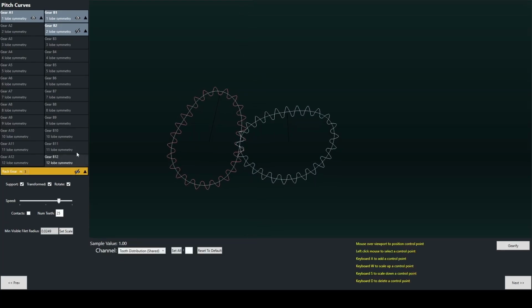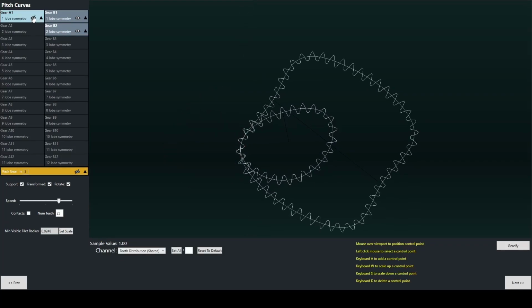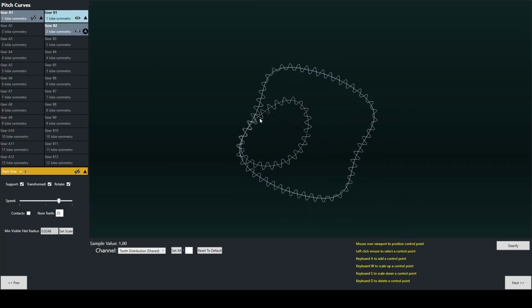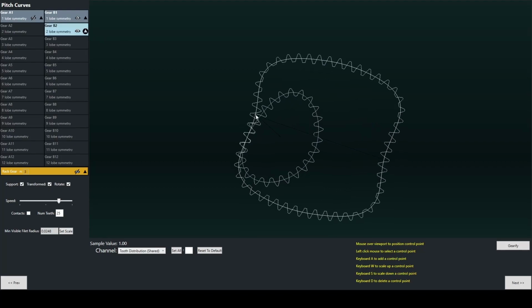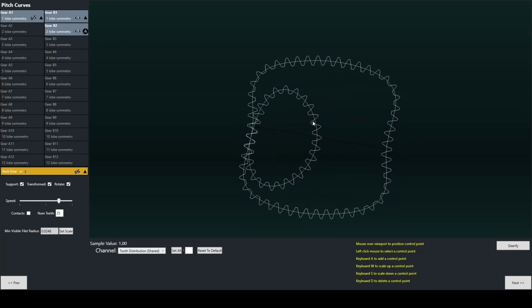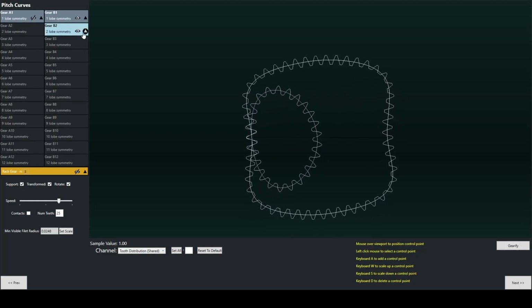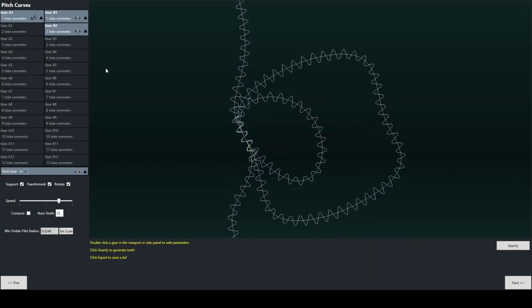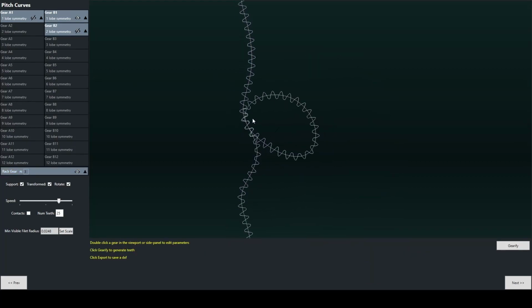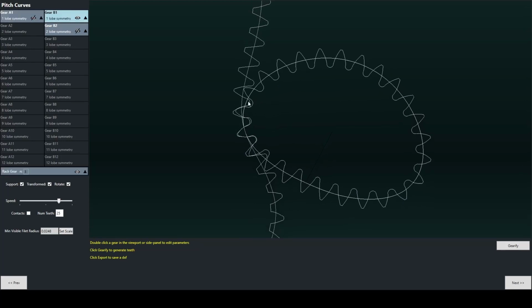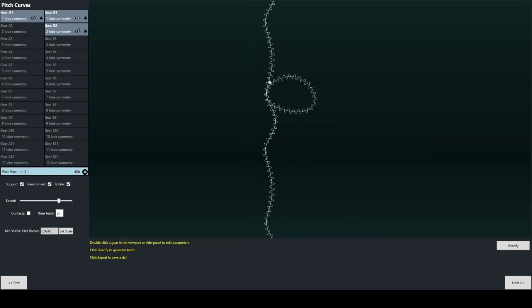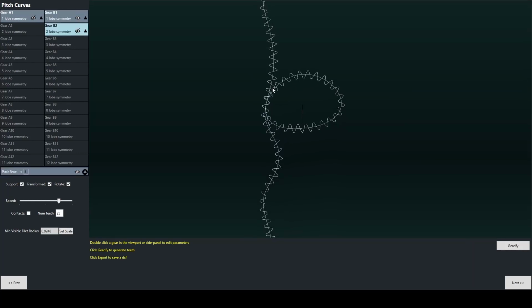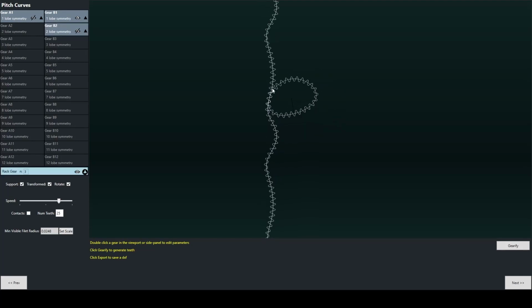I can also have these two gears paired together, but in this case I need to invert the orientation to an internal gear for the two lobe symmetry so that this gear rolls along the inside. Another scenario I have is I can take that rack and pinion gear, hide this, and in this instance I think I still need to reverse this guy. There we go. Now I have this gear rolling along the right side of the rack and pinion gear,